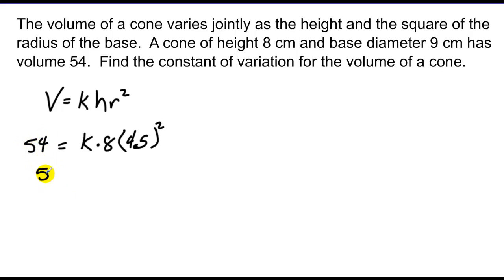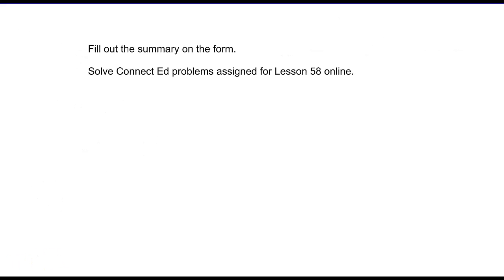So I'll just take 54, divide that by 8, multiplied by 4.5 squared, pop that into a calculator and get an approximation. It ends up being exactly 1/3 for K. And that's all we've got for you